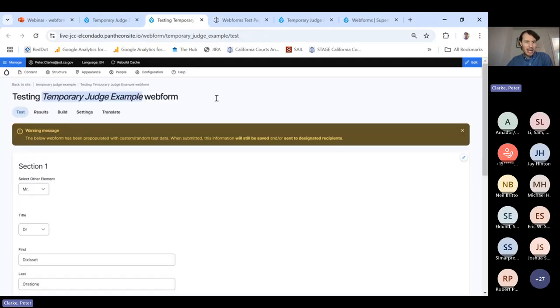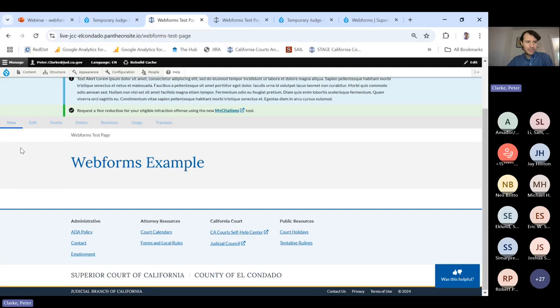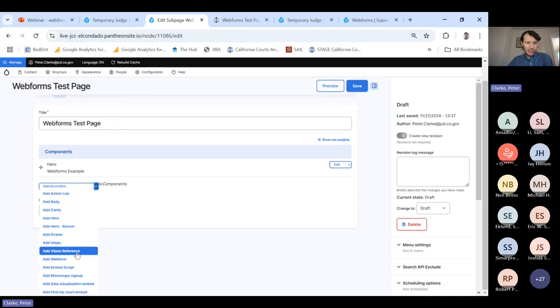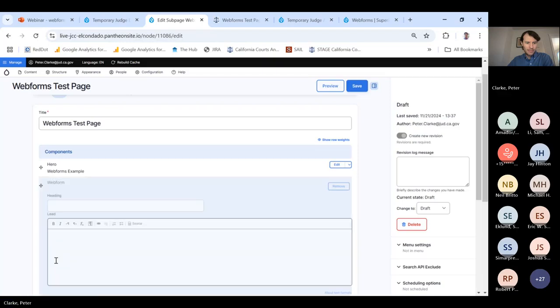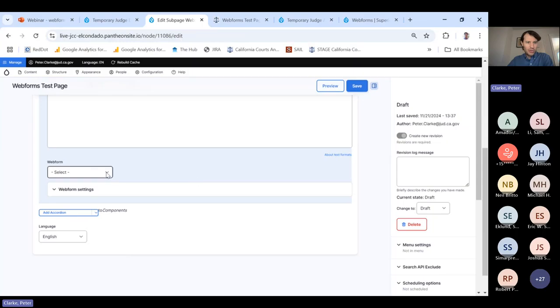Okay, so the next step is we want to add this to an actual page. So let's go to that blank page that I set up. Web form test page, here it is. Okay, let me click on it to show what we have now. Blank page. To add the web form that we just created to this page, we're going to click on the components dropdown, and there is actually a component called add web form. And then from here, you can have a title and some descriptive text if you want it, or you can just from this dropdown select